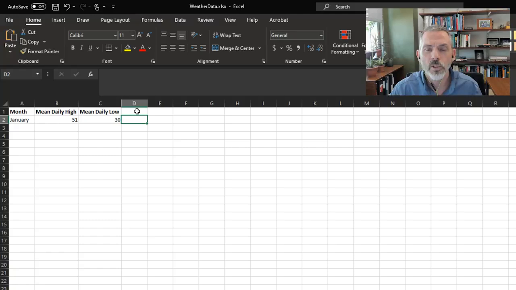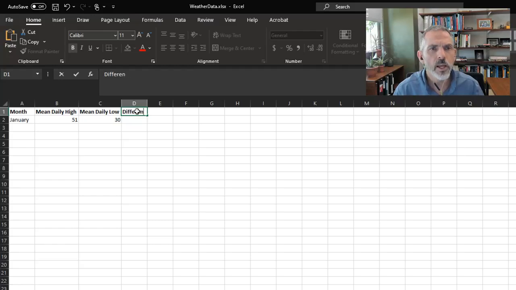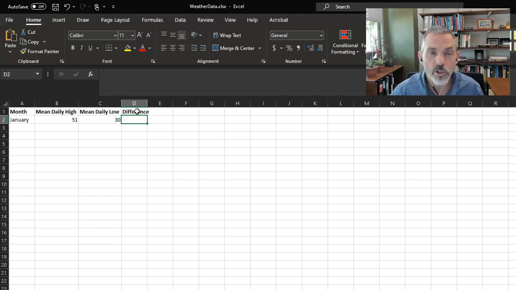Let's do a quick example so we can look at our third data type, which is a formula or an equation. So I'm just going to create a new column here, and I'm going to call it difference. What this will be is we're calculating the difference between the mean daily high temperature and the mean daily low temperature. We could do this by hand, we can probably do it in our heads, but the whole point of this course is getting to the point where we can get Excel to do this work for us. So we're going to use an